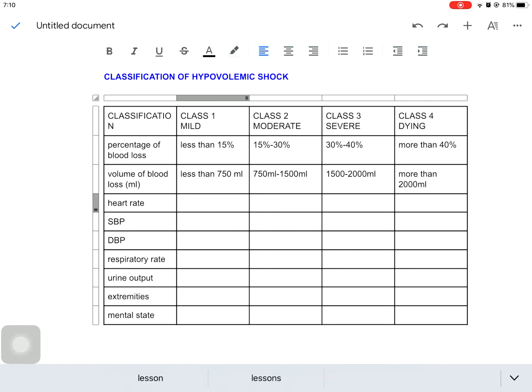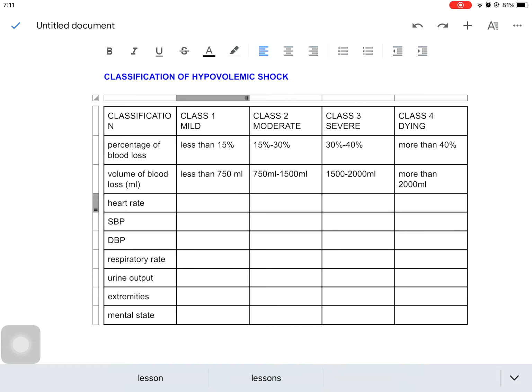Good morning. Today we are going to talk about classification of hypovolemic shock. Hypovolemic shock is classified depending on the percentage of blood lost. It is classified into 4 classes. Before getting into that, we have to know a normal person with 70 kgs of weight usually has about 5